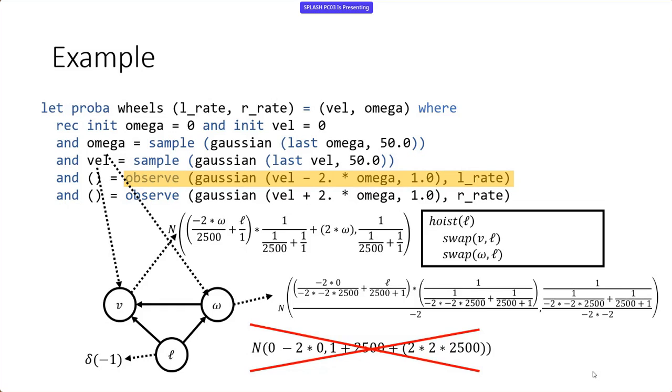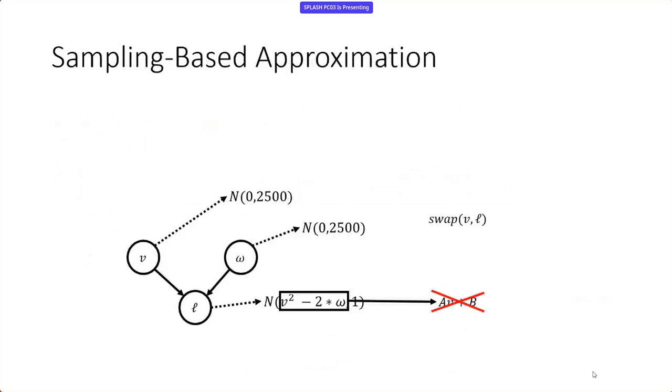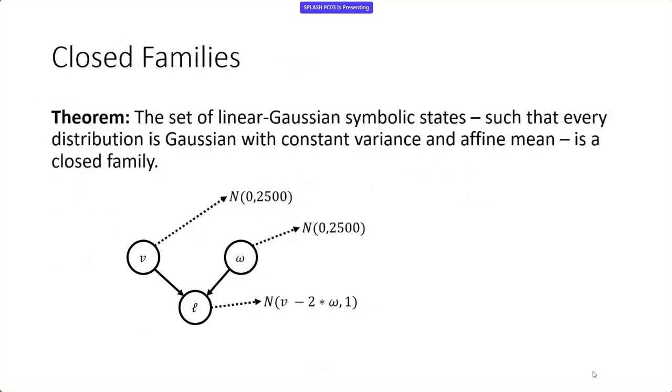Another question. I was kind of curious about this closed family theorem. Does it ever make a difference when you have two choices of swaps, which swap you apply first? I guess in general, it feels like you might have a choice between what you can conjugate and what you can't. Yes.